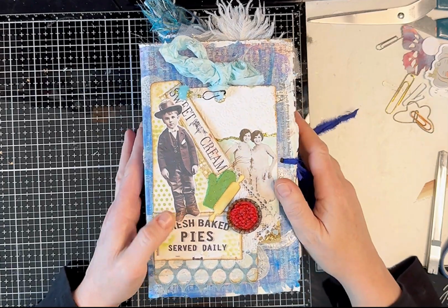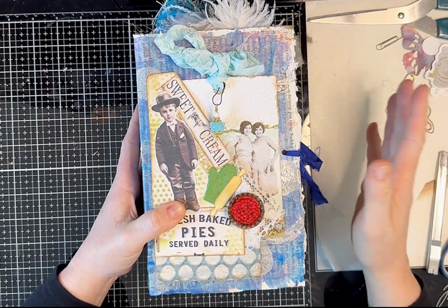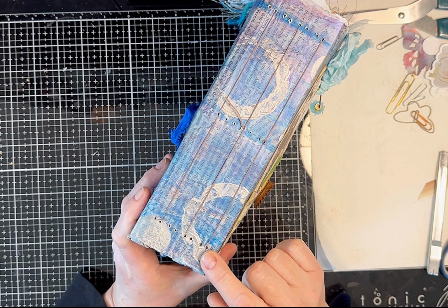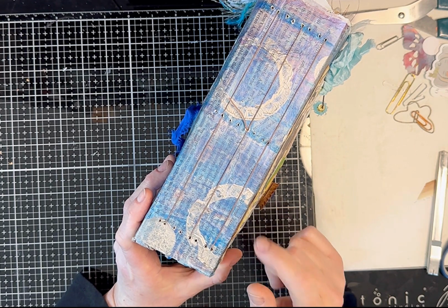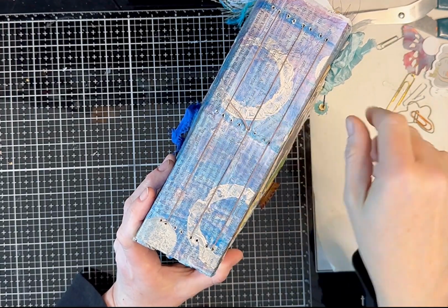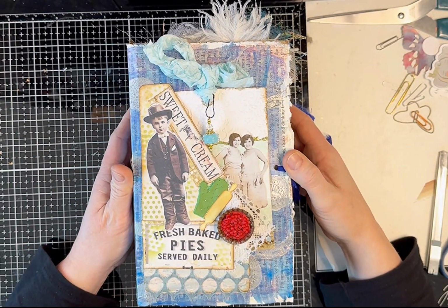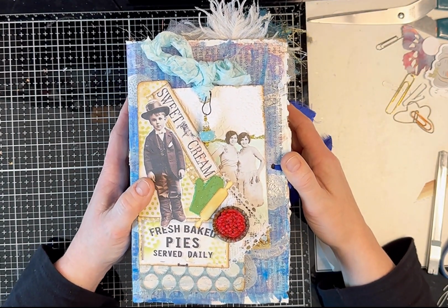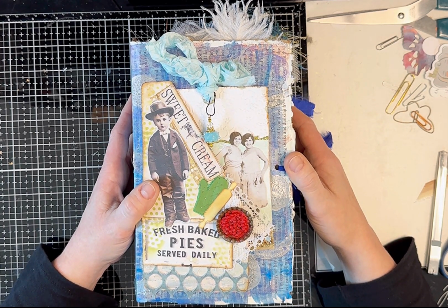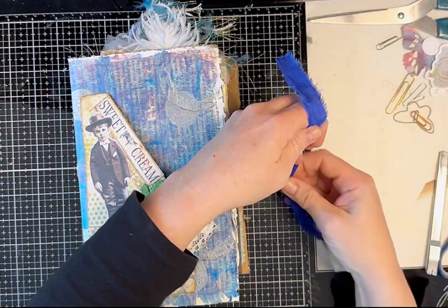Okay guys, I'm meeting back up here. It's kind of funny because I did all this stuff to add in, what did I have? 8 signatures, and I ended up going back and fixing it because I only have 3. I've got 3 signatures in here. That is because I don't know what I was thinking, it's so bulky, the stuff that I'm putting in here. So I'm going to work on another book,